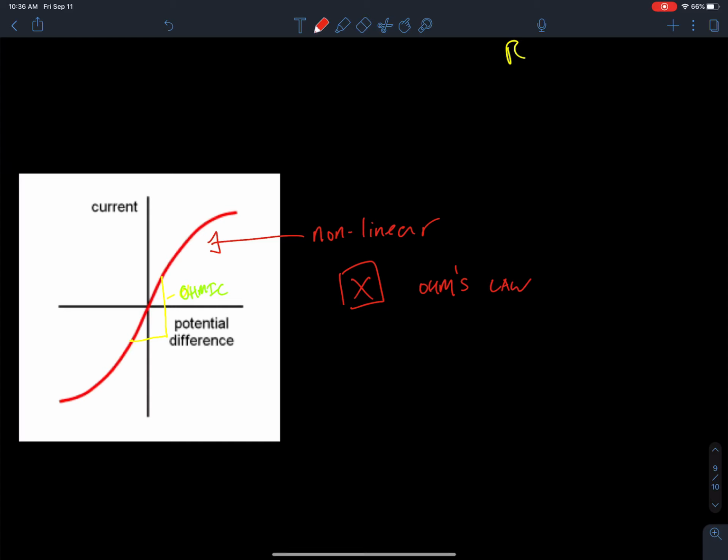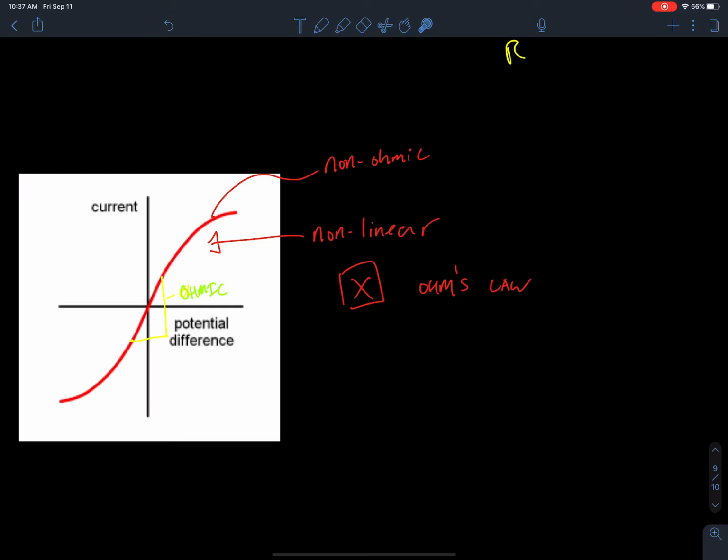Okay, so all of a sudden over there, I would say that this part here is non-ohmic. Okay, and there's lots of materials that are non-ohmic. Okay, when it's non-ohmic, what's happening is something's changing. The resistance is changing as we're getting to that point. Something's changing about the material. And usually at that point, if I see a non-ohmic region, it's usually the energy is going into something else,